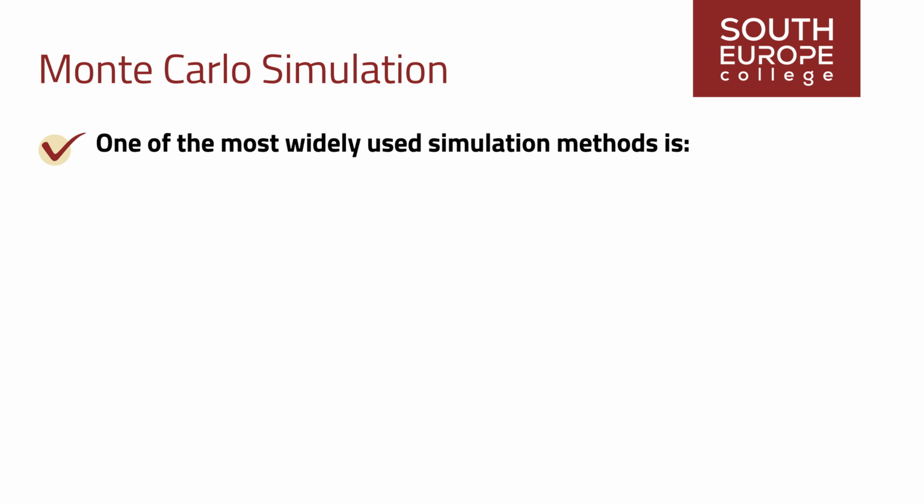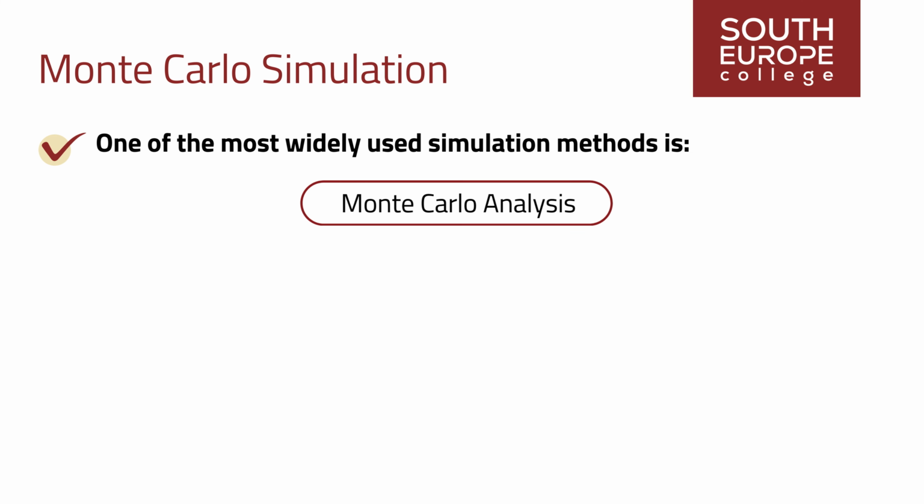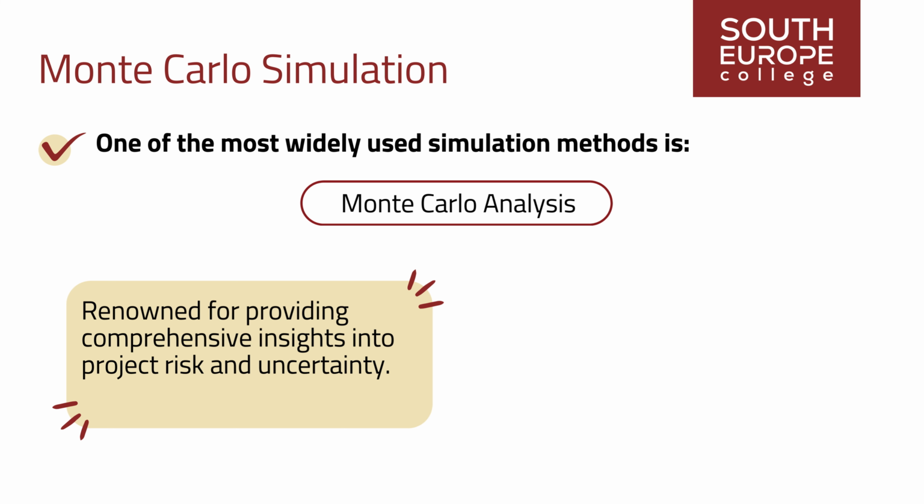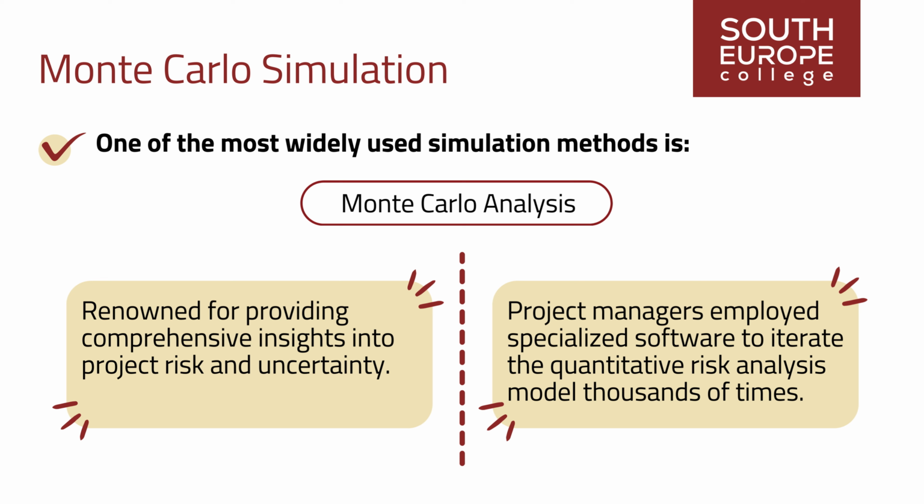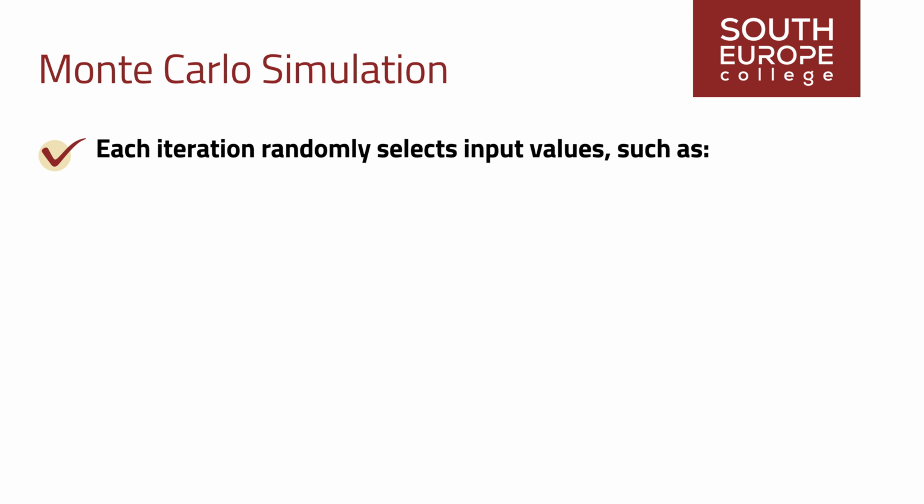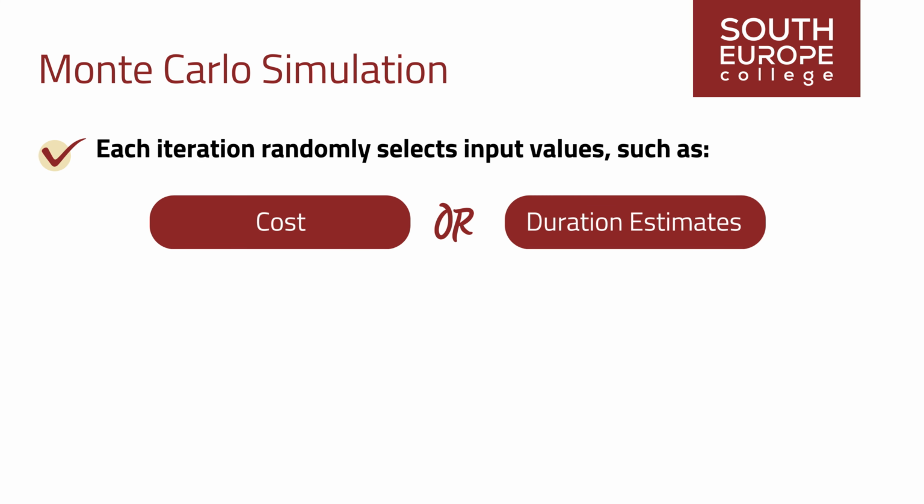One of the most widely used simulation methods is Monte Carlo analysis, renowned for providing comprehensive insights into project risk and uncertainty. During the Monte Carlo analysis, project managers employ specialized software to iterate the quantitative risk analysis model thousands of times. Each iteration randomly selects input values, such as cost or duration estimates, from probability distributions representing project uncertainties. Through this iterative process, the simulation generates a range of possible project outcomes, such as project end date or cost